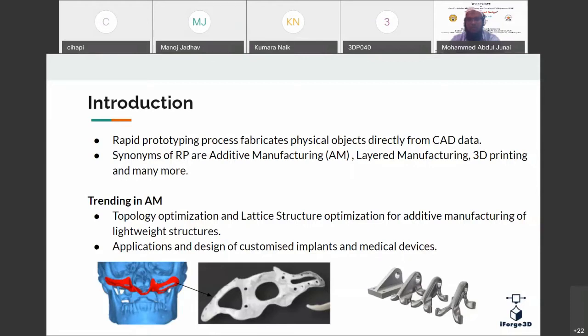The only reason is the speed of making a physical object, the time to show your idea, the time to implement your idea and make it a real object. That makes additive manufacturing very special.